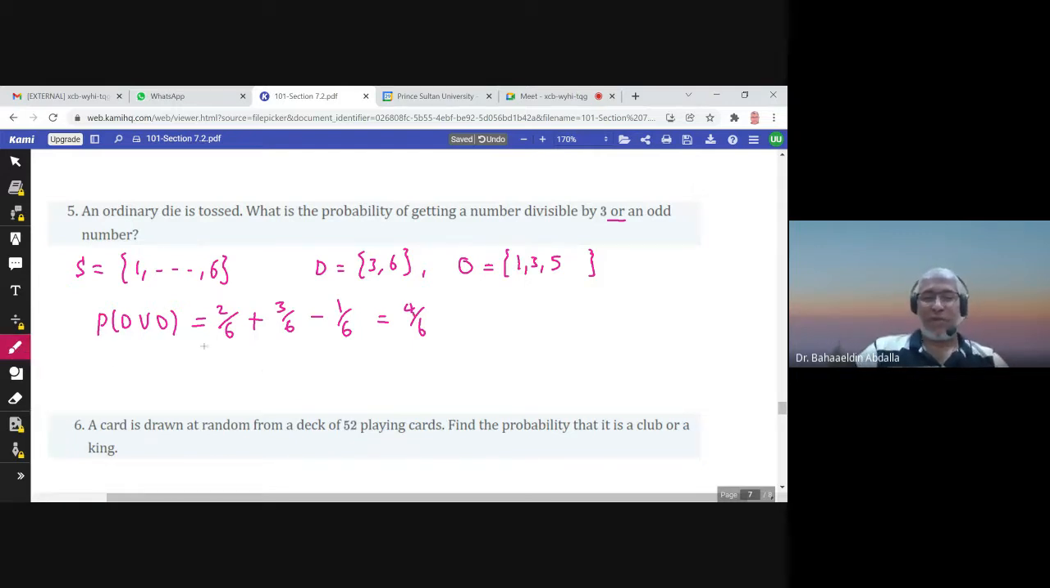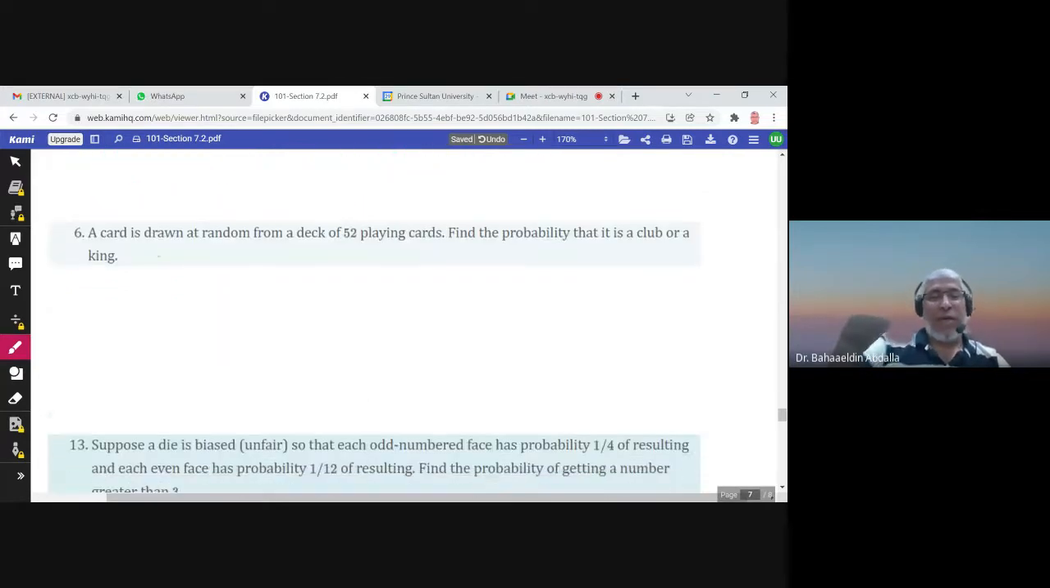Okay, I need to concentrate more. A card is drawn at random from a deck of 52 playing cards. Find the probability that it's a club. How many clubs are there? 13. Or a king. How many kings are there? 4. So probability of club or king would be probability of clubs plus probability of kings minus probability of clubs